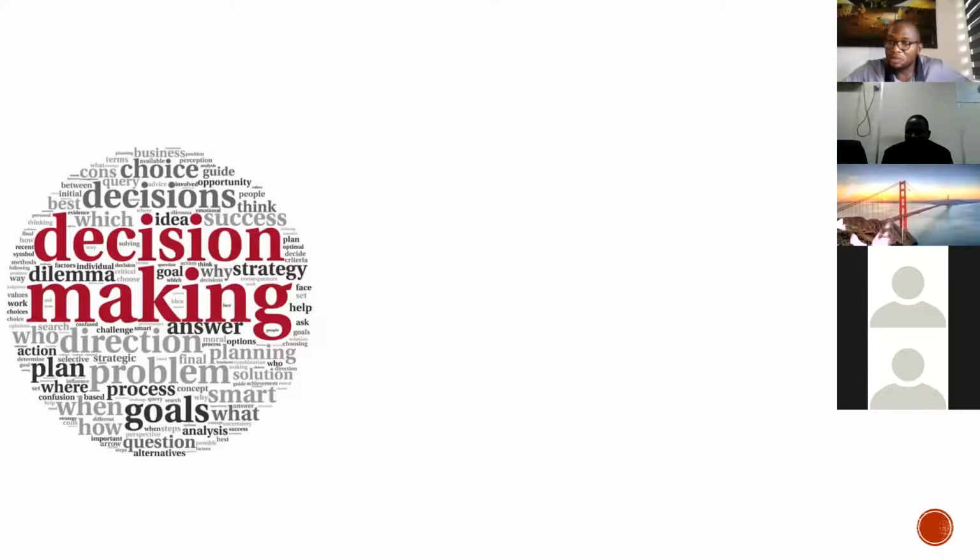Now, the reason they identified decision making is that they want to look at it not just as leadership as a whole, but as a unit, as a skill, so that engineering leaders will learn the decision making procedure as a unit instead of putting it together under leadership. But I'm sure it's part of leadership.